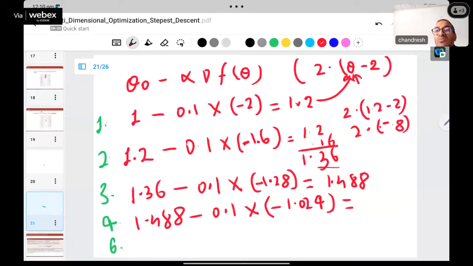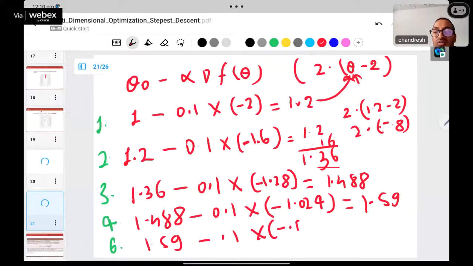So you verify 1.559, then 1.59 minus 0.1 into minus 0.819. Then finally you get 1.67, something like that. So those who have got something like this,